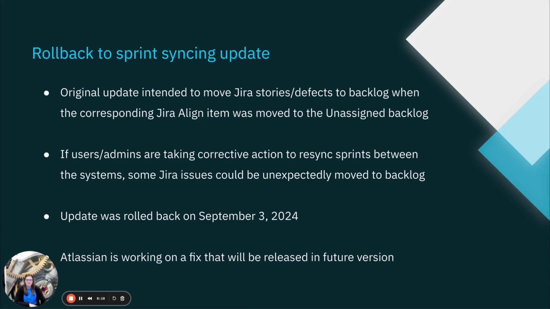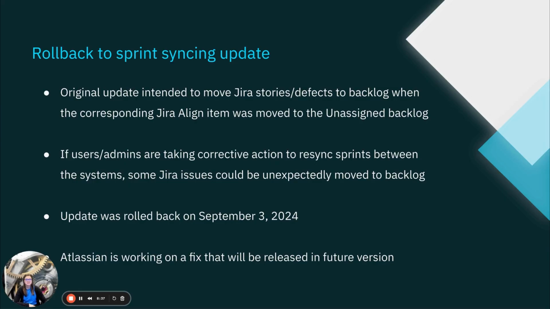Atlassian is rolling back an update that they released in version 11.0. The original update was intended to improve syncing of sprints when a story or defect in Jira Align was moved from a sprint to the unassigned backlog. The connector would move the linked issue in Jira from its sprint to the backlog, keeping the two issues in